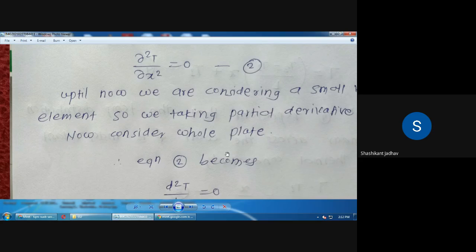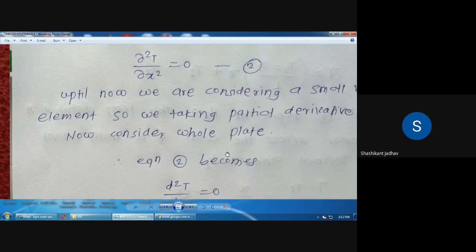And the third assumption is that heat is conducted at steady state, so ∂T/∂t is equal to 0. Because of that, the term on the right hand side of the equal sign becomes 0. So what is the remaining term? The remaining term is ∂²T/∂x² is equal to 0. Write down ∂²T/∂x² is equal to 0, and that is equation number 2. Means we are considering the three assumptions, and because of them, all the remaining factors become 0.